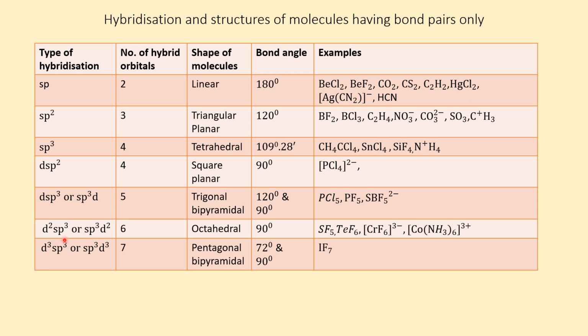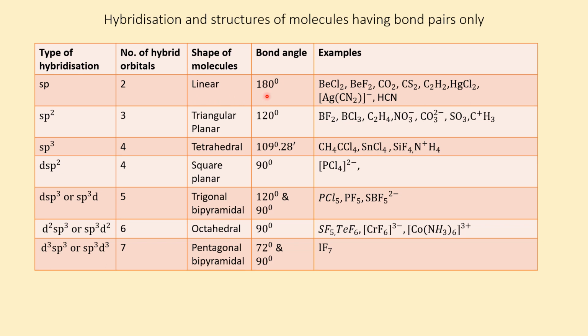In the case of d2sp3 or sp3d2, the number of hybrid orbitals is 6. For d3sp3 or sp3d3, the number of hybrid orbitals is 7, and the shape of sp is linear and bond